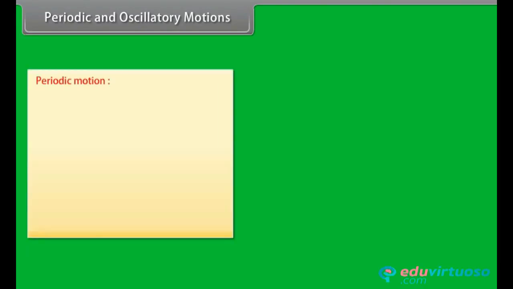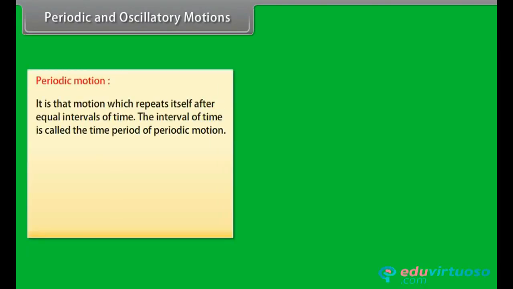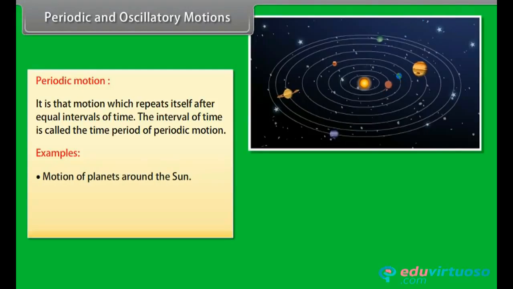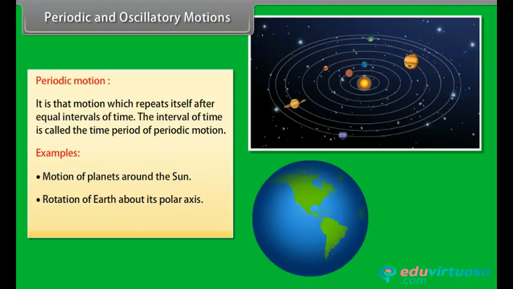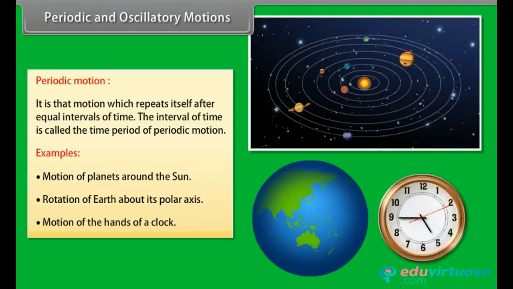Periodic and oscillatory motions. Periodic motion. It is that motion which repeats itself after equal intervals of time. The interval of time is called the time period of periodic motion. Some examples are motions of planets around the Sun, rotation of Earth about its polar axis, motion of the hands